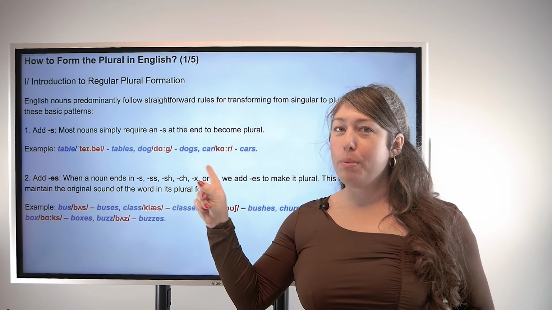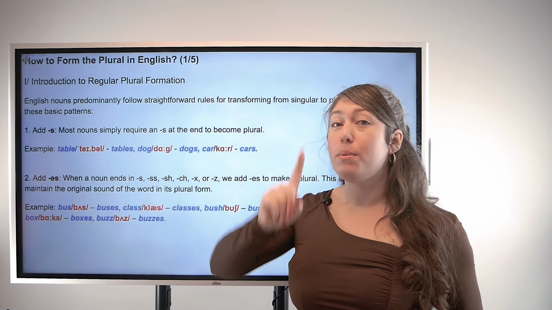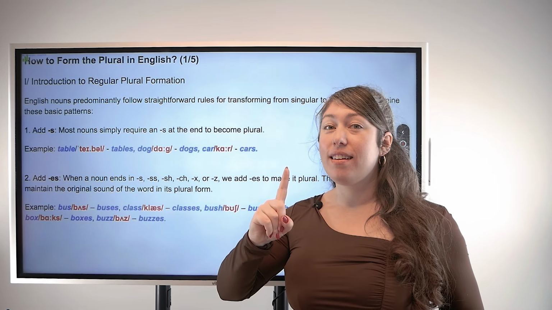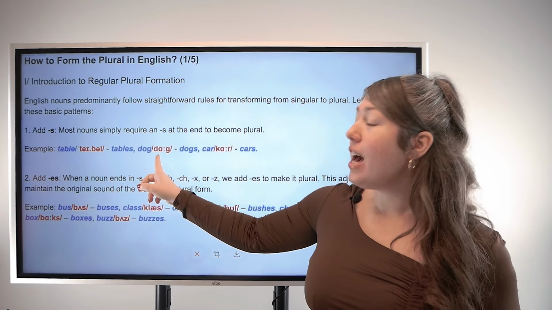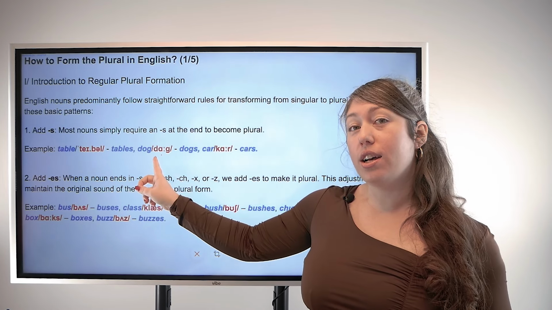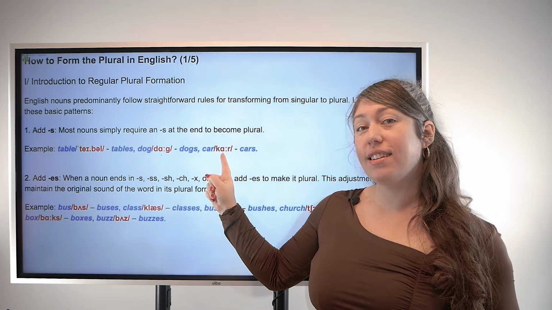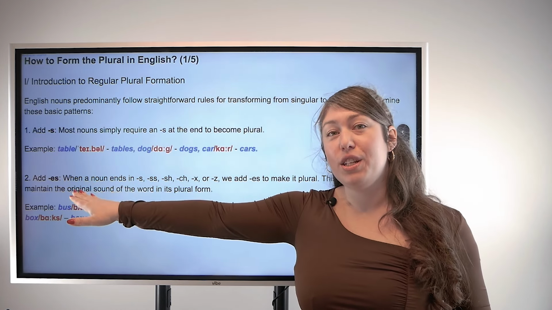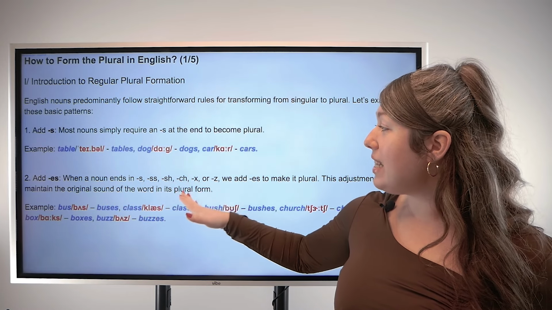And let's double check our pronunciation. Table. Stress the first syllable. Table. 1 table, 2 tables. Dog. Dogs. Car. Cars. We can also add ES to the ends of words that end in S, double S, SH, CH,